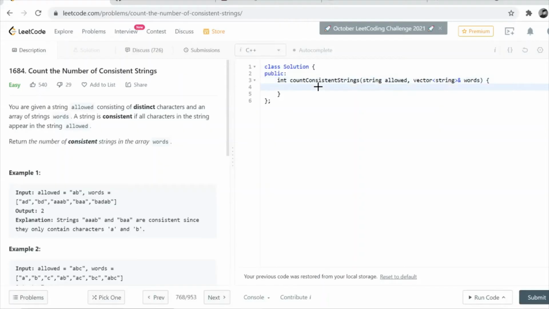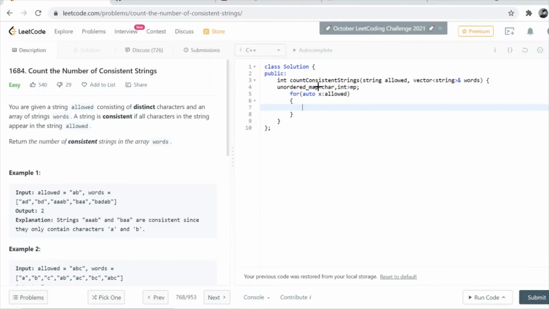First of all we will create an unordered map, and the values in that will be character and int, and mp is the name of the map. Now we will run a loop for auto x on allowed.